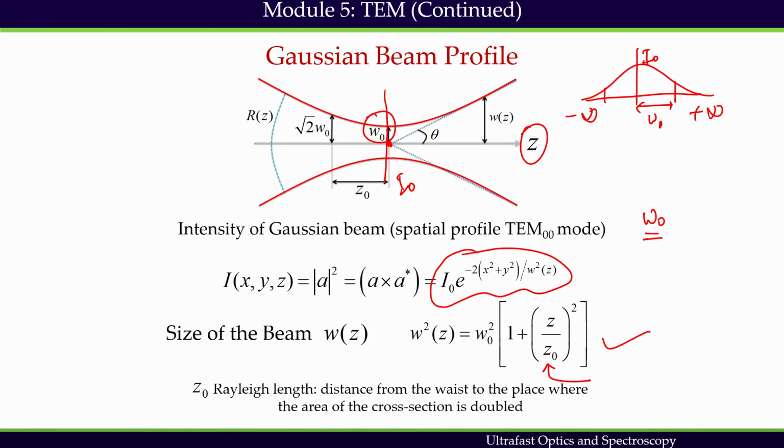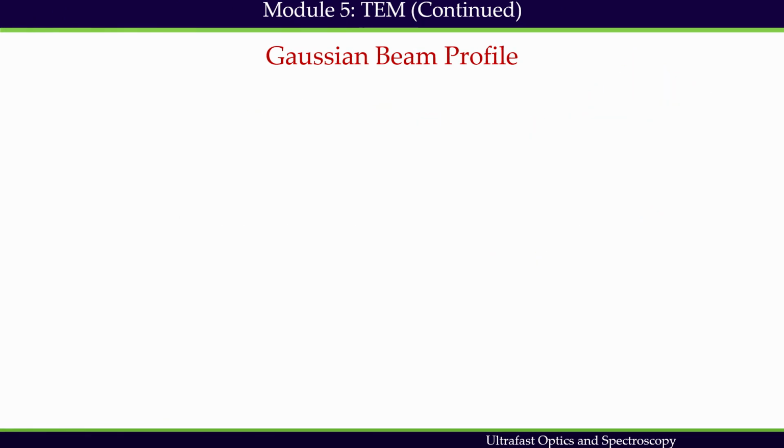We have understood this general feature of the Gaussian beam already. So now we'll take a closer look at the beam waist and its meaning. What we have drawn here is a profile. The meaning of this profile I haven't discussed yet.